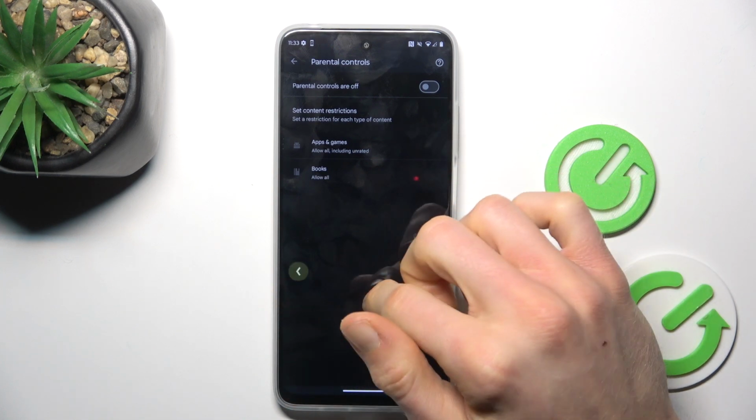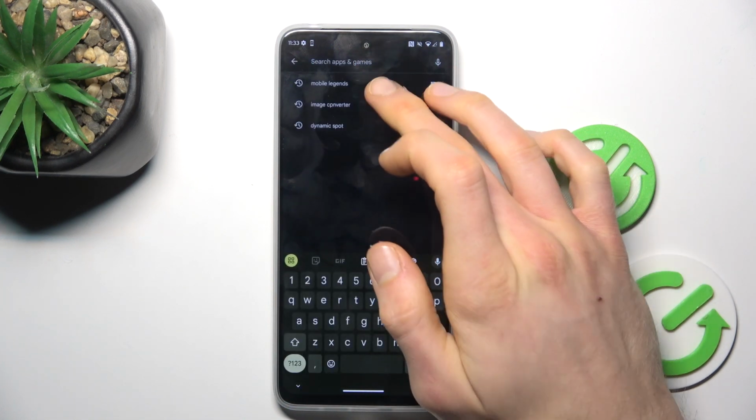And that's all. We can go back and try searching for the Mobile Legends game again, which is visible right now, and